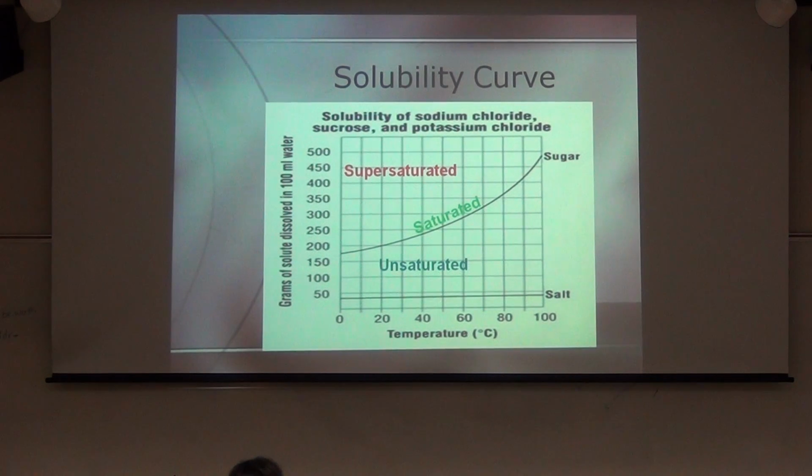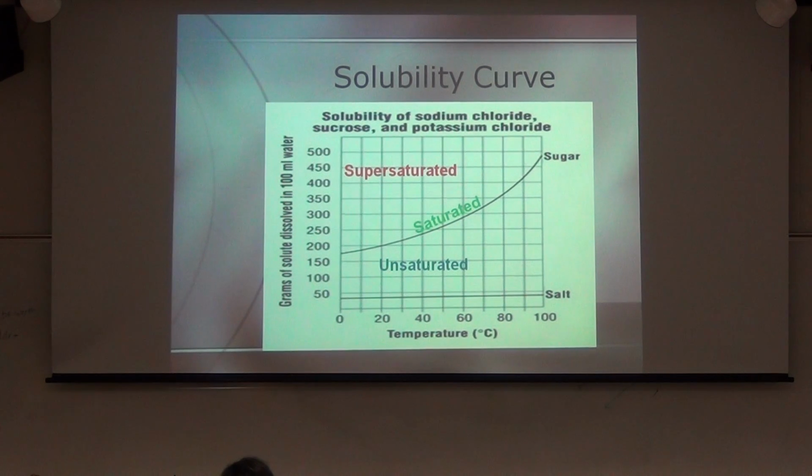So if we have a saturated solution, well, actually, let's start with unsaturated. Unsaturated, anything below the curve means that we can still dissolve more of that solute in the solvent. We can still dissolve more. If it's saturated, then we've dissolved as much as we can. And if you add more, it is just going to sink to the bottom. And you'll have your sugary sludge of Gatorade or Kool-Aid if you try to put too much in the jug